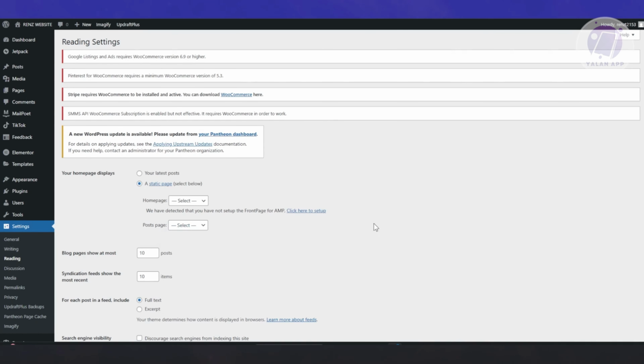But yeah, so this one is really simple as long as you follow or go to the specific settings here